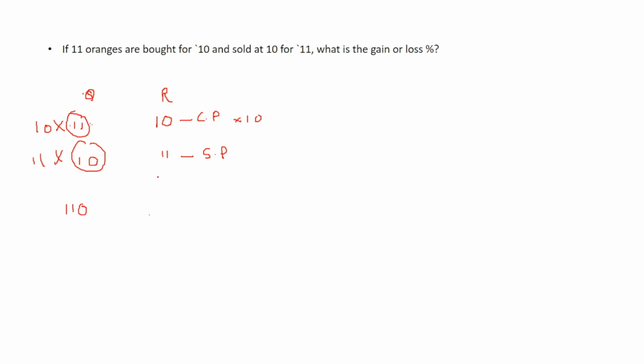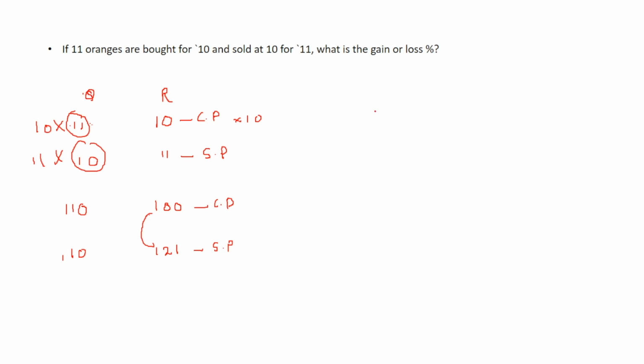So you multiply it by 10, so 110 oranges he brought at 100 rupees, and the same 110 oranges he is selling, and into 10 into 11. So 11 into 11 means how much? 121, right? 11 into 11 comes out to be 121. So this is your cost price, this is your selling price. So you invested 100 rupees and you are gaining 121 rupees.